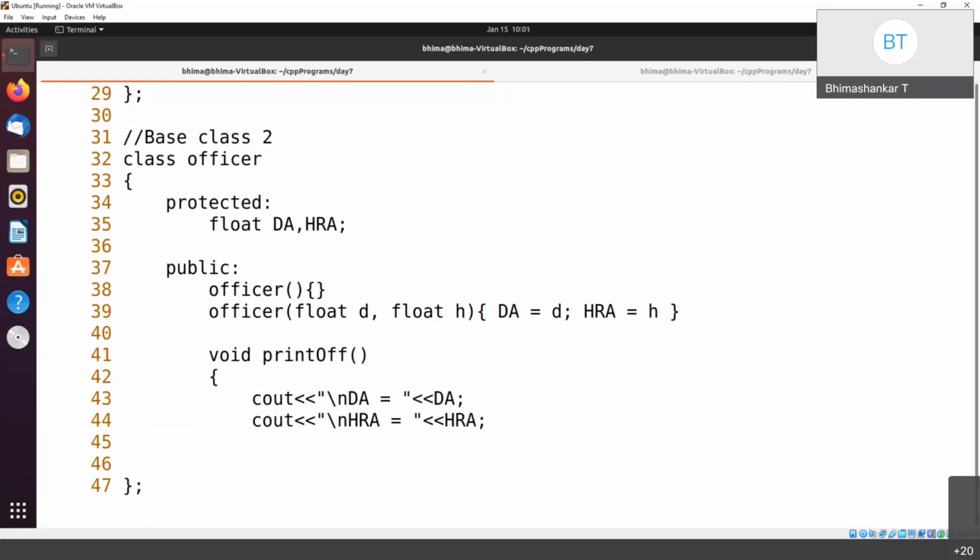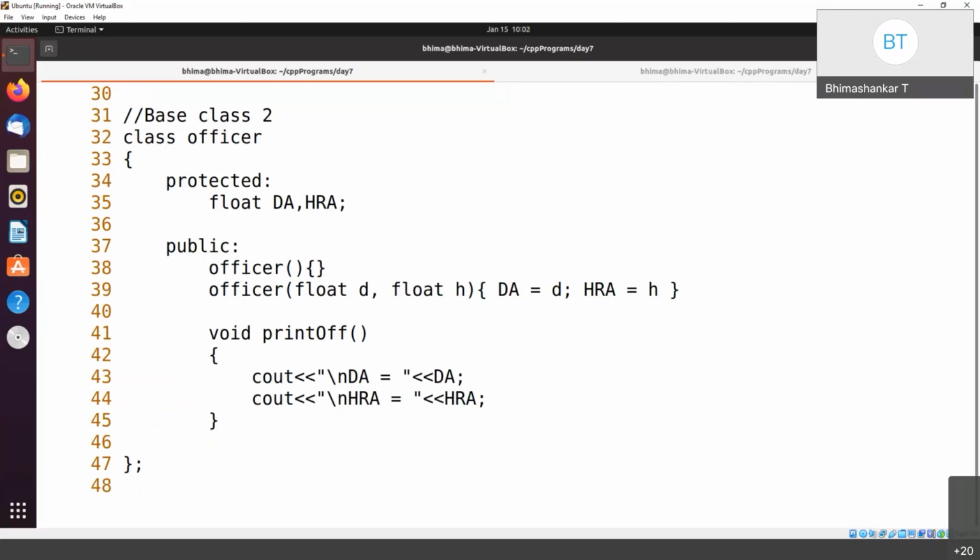So that is the job of print officer. So that is it. I'll be completing the class B, or base class 2, right? So these are the only two things I'll be doing in the classes of base class 1 and base class